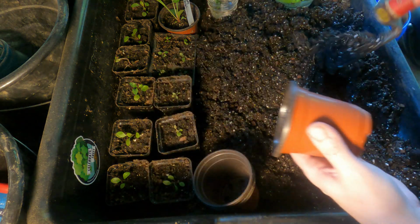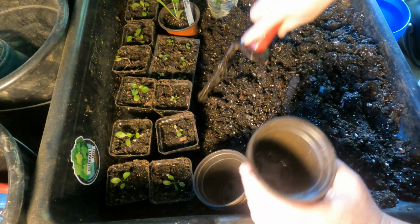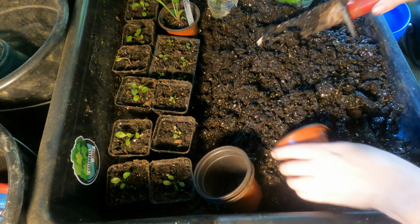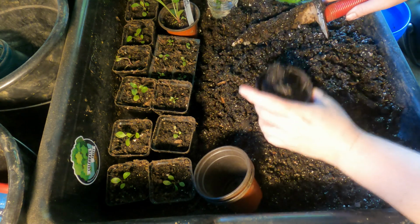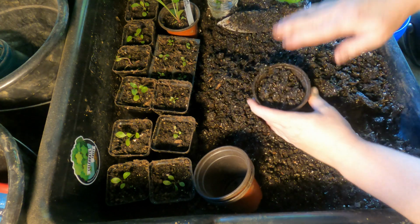I've had these for years. I bought them once and I've been reusing them, and every time I give plants away I tell people to bring them back because I just have a hard time with single-use plastic. But anyway, okay, so I get my pre-moistened potting mix here,